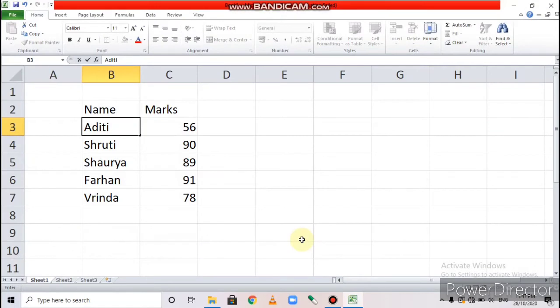Now on page number 103, changing cell contents. We can change the contents of a cell completely or partially. How do we change the content completely or partially? What is the step? Turn the page.